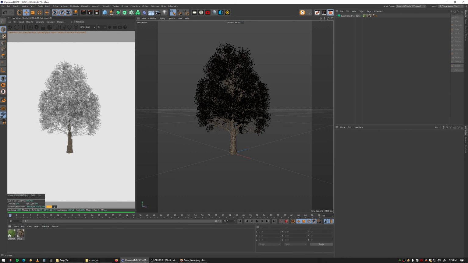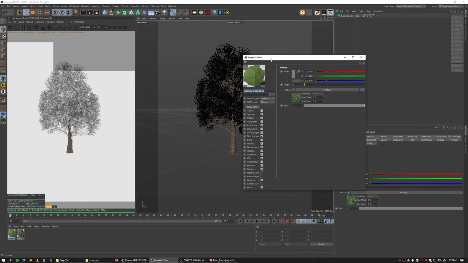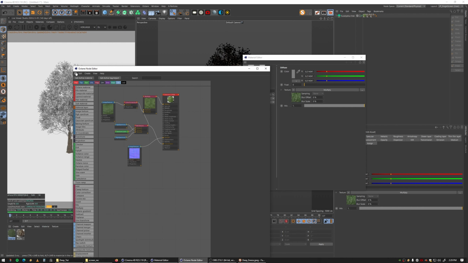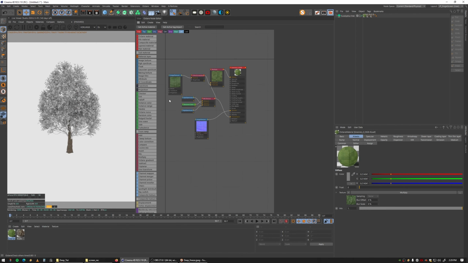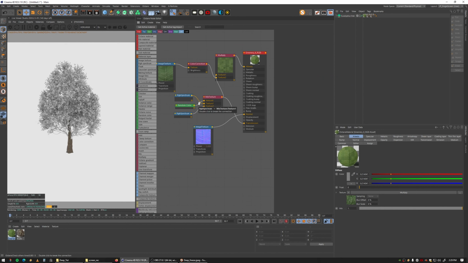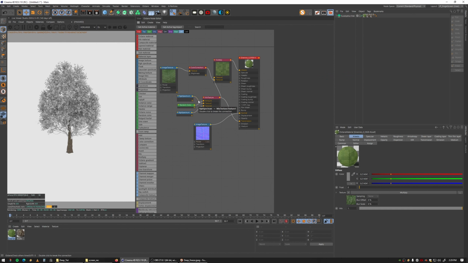And I'll show you what this looks like in the node editor. I'm going to pin my node editor right here, working on single screen to show the tutorial, which is fine. Yeah, so we've got just a simple leaf setup, different colors corresponding to different